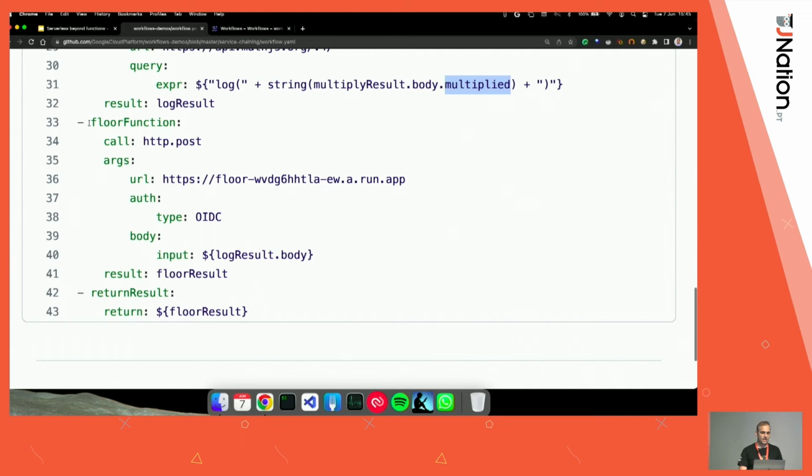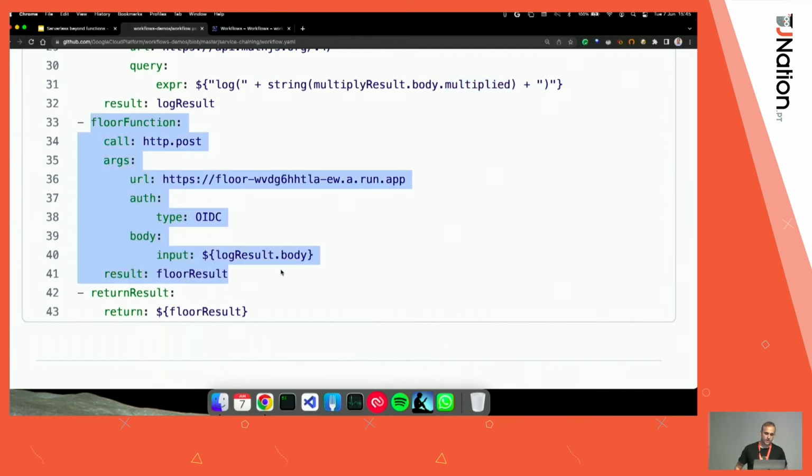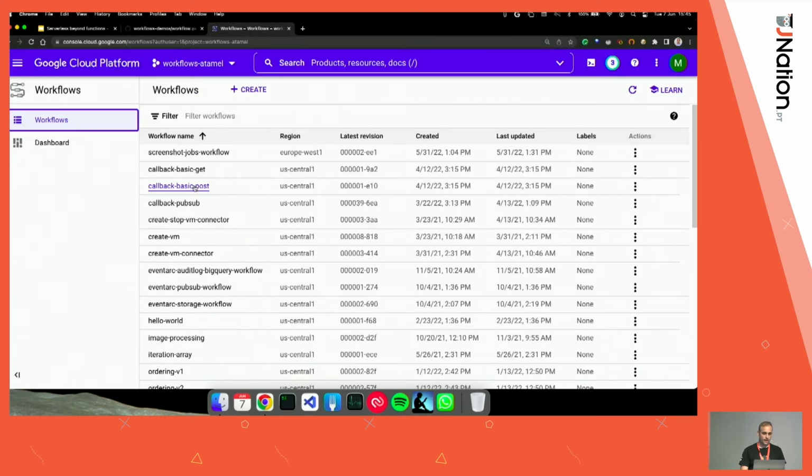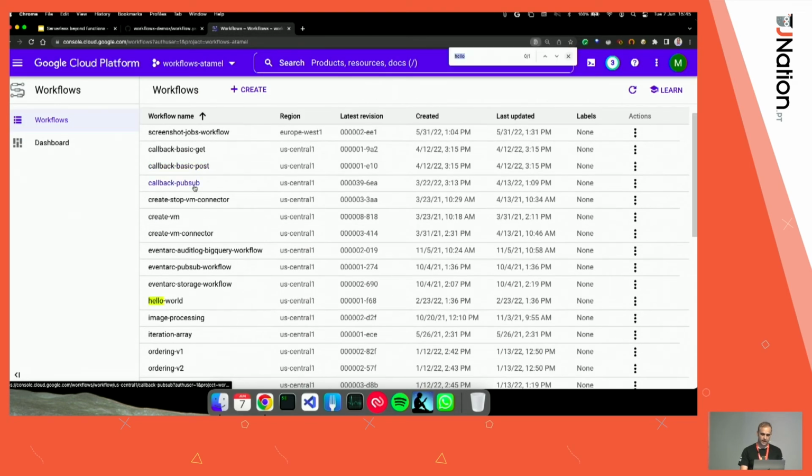And finally, the last one is a call to a Cloud Run service, which is running a container, but it's an authenticated service, meaning it's a private service. That's why I have this authentication here. And then the input is again from the previous result. So we are making the calls, capturing the result, and passing the result into the next step. That's how you define it. And then you deploy to Google Cloud. And I already have it here.